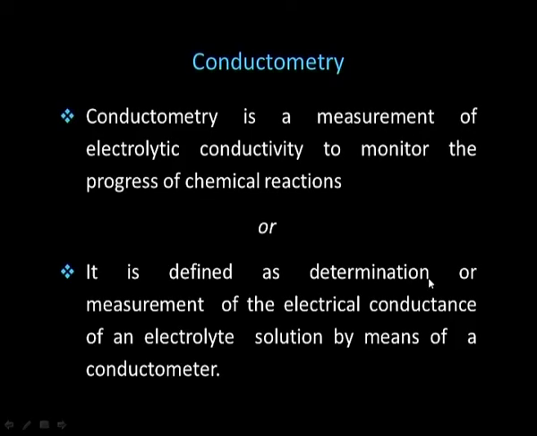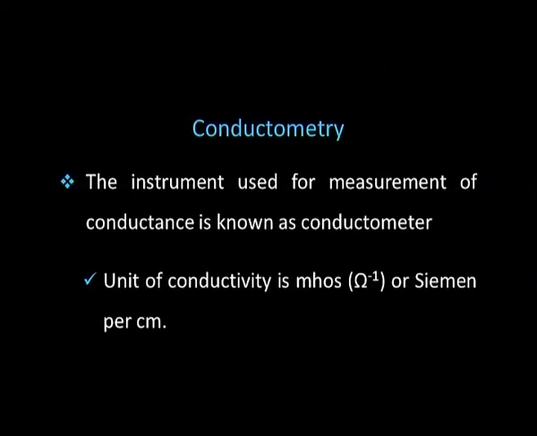Conductometry is a measurement of electrolytic conductivity to monitor the progress of chemical reactions. Or we can also say that it is defined as the determination of measurement of the electrical conductance of an electrolyte solution by means of a conductometer. The instrument used for measurement of conductance is known as a conductometer, and we have learned that the unit of conductivity is mhos, that is per ohm, or Siemens per